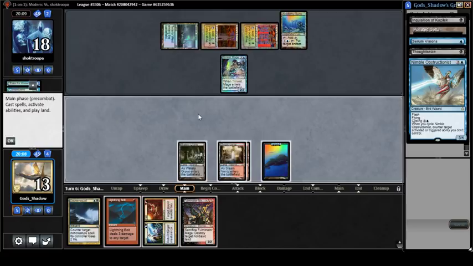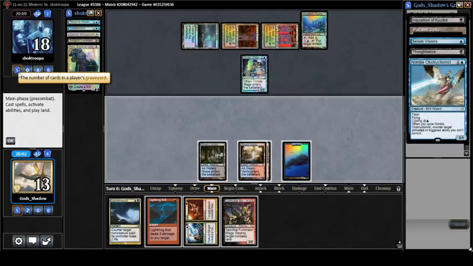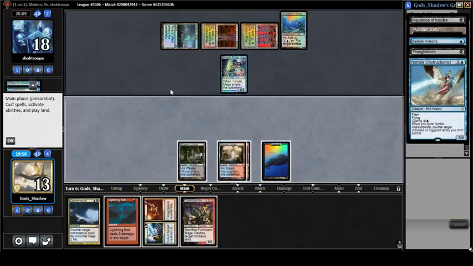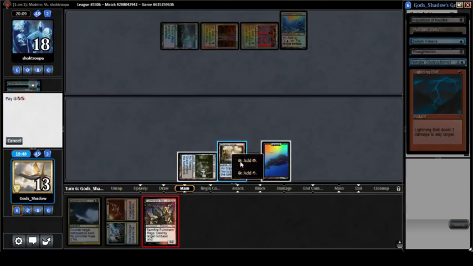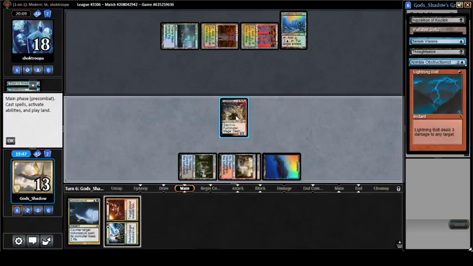So what's more important here? Breaking up his Tron, which could be important, definitely, before it occurs, or killing the Academy Ruins, because that's definitely his best card. We can already kill this, so that's definitely gonna happen. I think